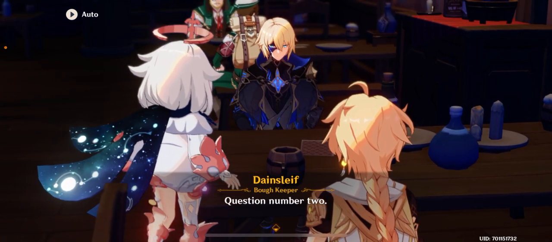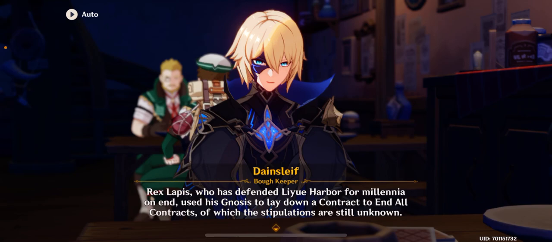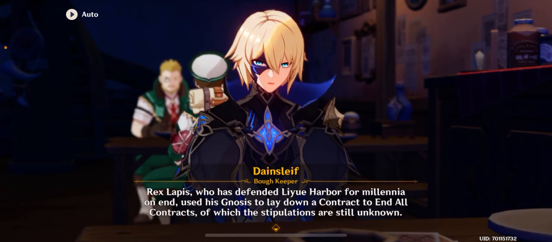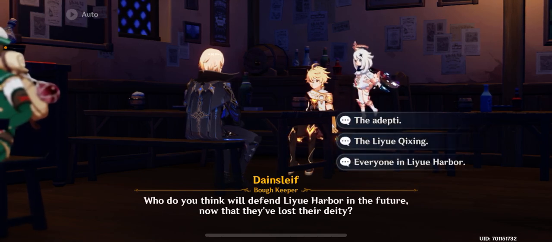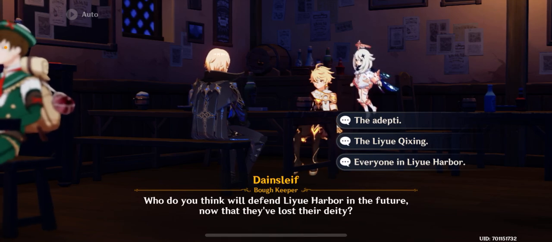Question number 2. Go on. Rex Lapis, who has defended Liyue Harbor for millennia on end, used his gnosis to lay down a contract to end all contracts, of which the stipulations are still unknown. Who do you think will defend Liyue Harbor in the future, now that they've lost their deity? Well,